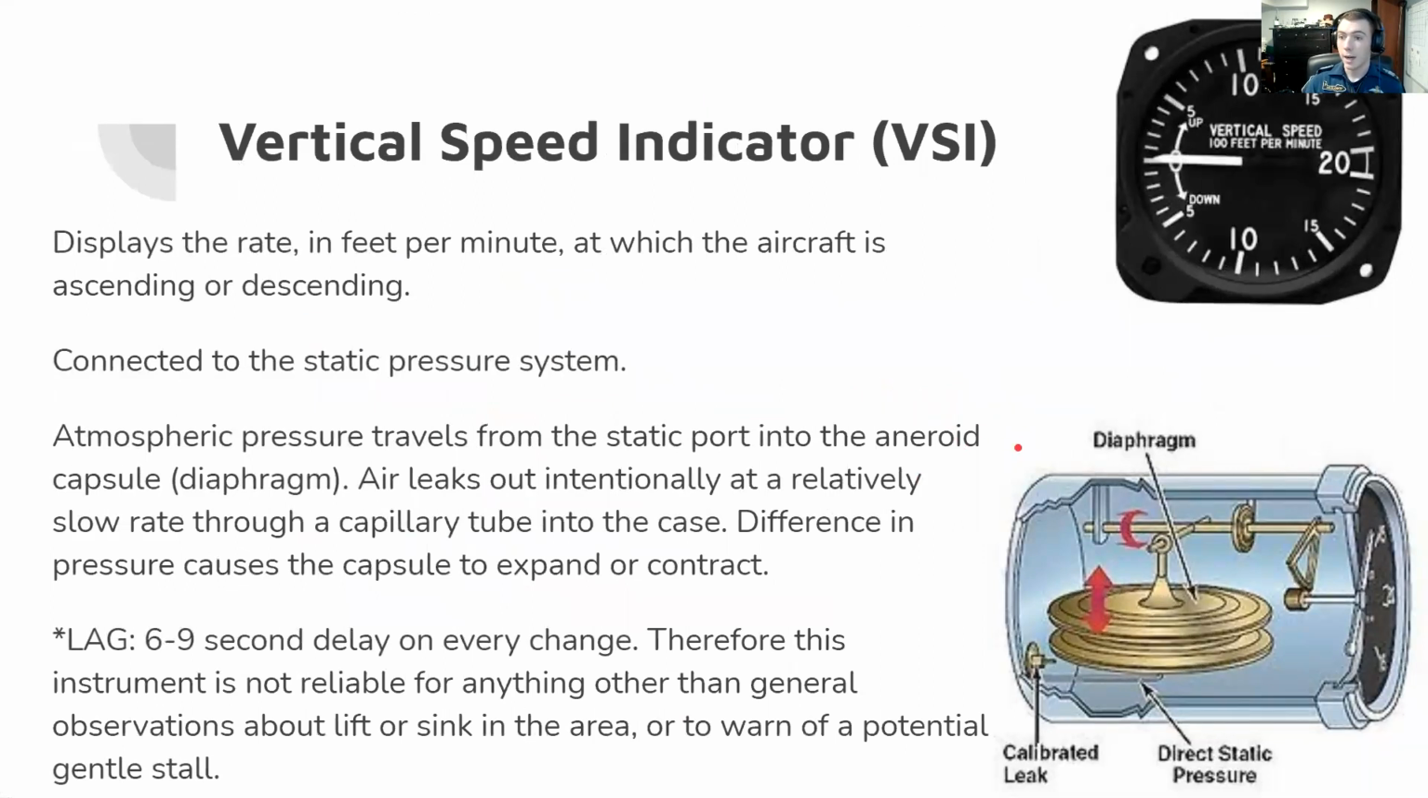Vertical speed indicator. If you've had a class with me before or you've been to the gliding site with me, I don't like this instrument. Most pilots don't like this instrument. It is very slow. It is often inaccurate. It's just there basically to tell you if something's really out of whack. It's not the most helpful because of its very large delay, which is 6 to 9 seconds on average for it